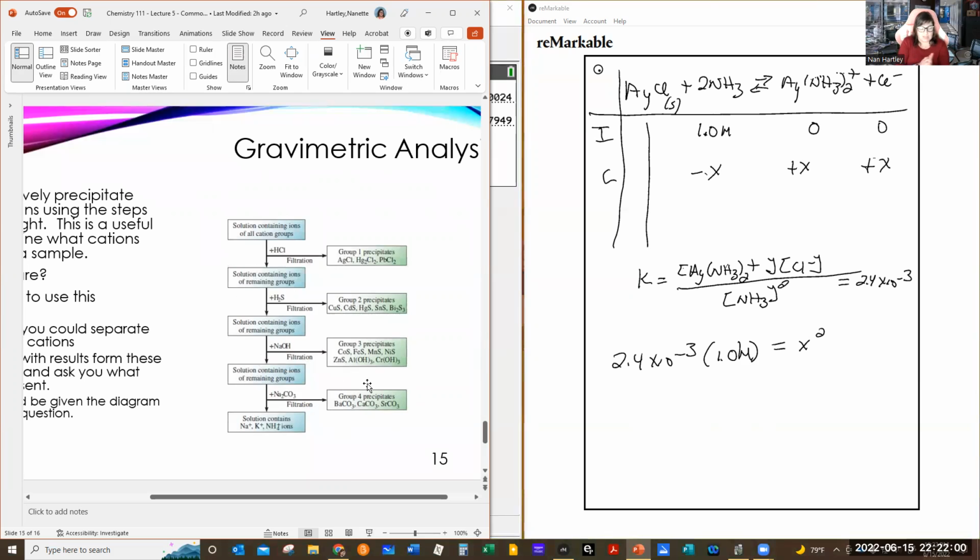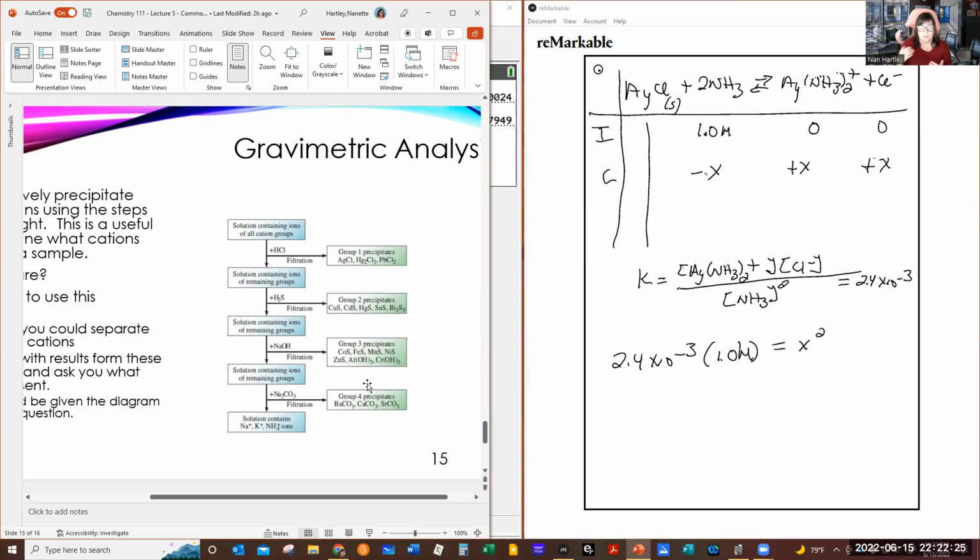One of the ways that you may see this, there is a table of KSP values, and you may be asked to look at that and say, okay, I have these two cations. I want to be able to separate them. What can I add to them to get them to separate? Now, if you have two cations who react with the same anion, and that the power,